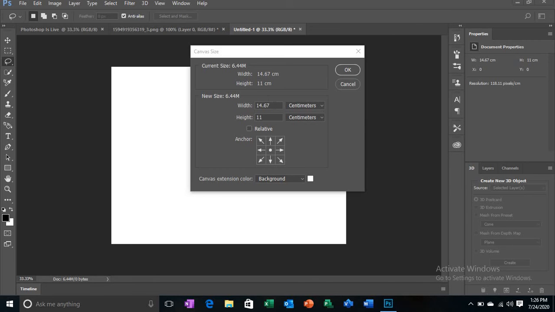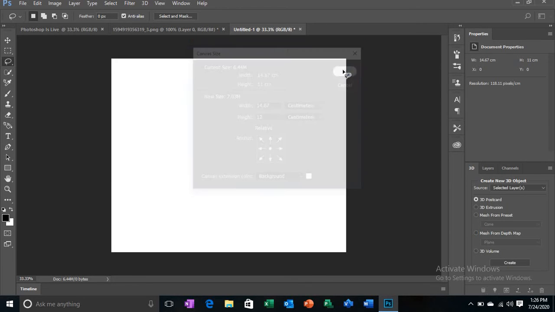Yeah, so we could change the width, we could change the height. Like height would be 12. Yeah, relative, we could do anchor like this, or maybe anchoring. Yeah, of course everyone knows anchor. So we wanna click on OK. So canvas size is changed, means we could change everything.